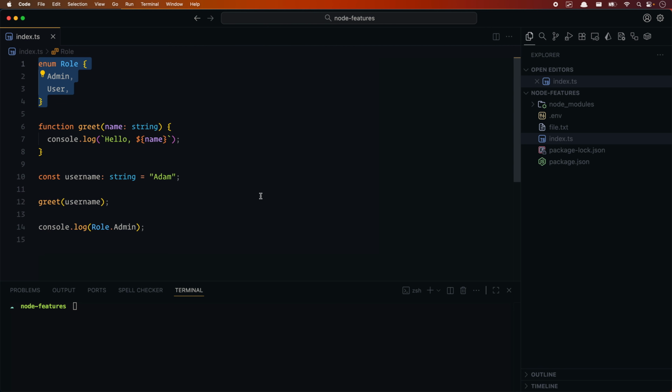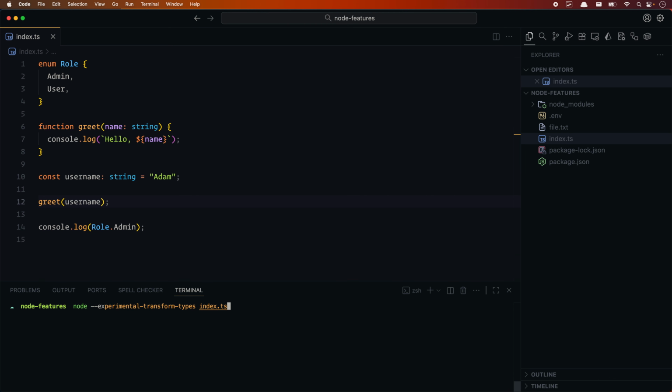But if you are someone who uses the enum or any TypeScript-specific functions, for example, private and public in classes, you probably still need to have ts-node or tsc to compile your TypeScript in your Node.js project. Now, I do want to show you this flag you can add, which is